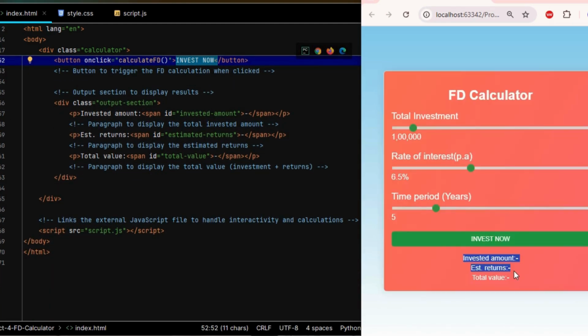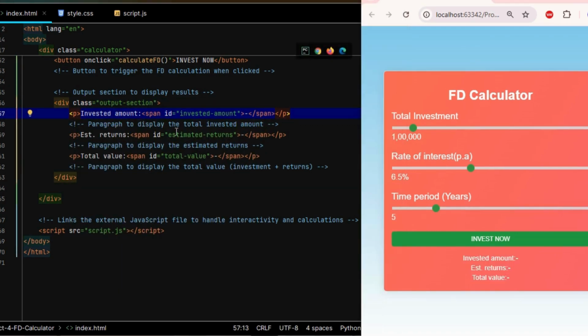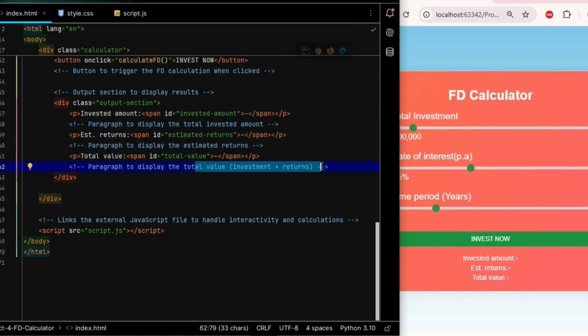Below the invest amount, the estimated returns and total value will be below the investment button. Then I will take one class of the output section to give the name, and also one paragraph tag for the invest amount with one id of the invested amount, and a paragraph to display the estimated returns. Two, and I will take one paragraph to display the total value of the investment plus